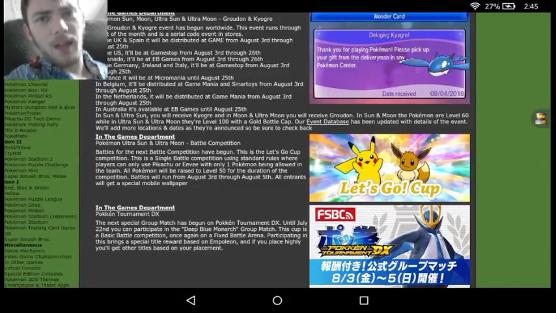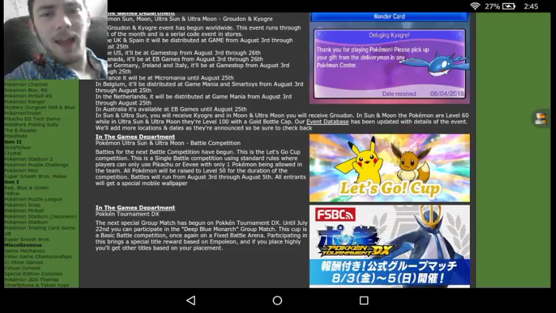But before we get into the video, I just want to say that the Kyogre and Groudon event have gotten the release dates and locations for all the other places that hadn't been released already when I made that other video. So I'm going to go through those real quick and actually say where they're all going to be. Also, I know I'm going to repeat a location or two, so just go ahead and ignore the ones that you hear repeated. So, in the UK and Spain, it's going to be distributed at Game from August 3rd to